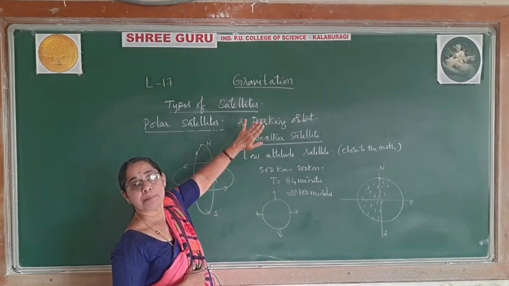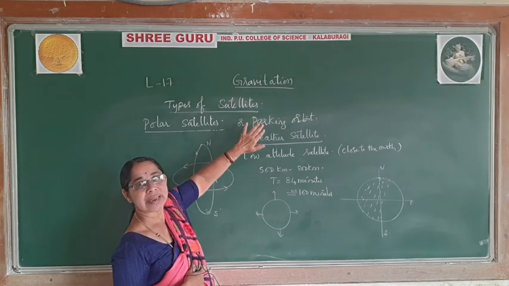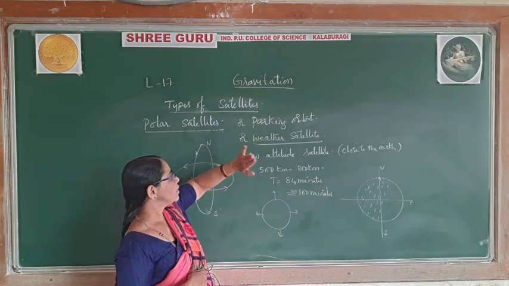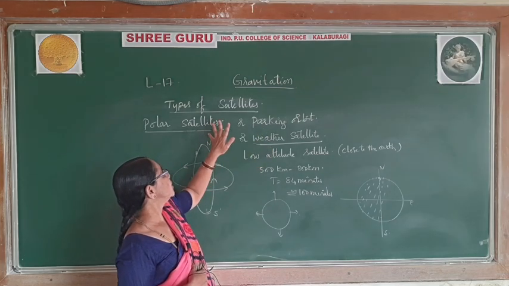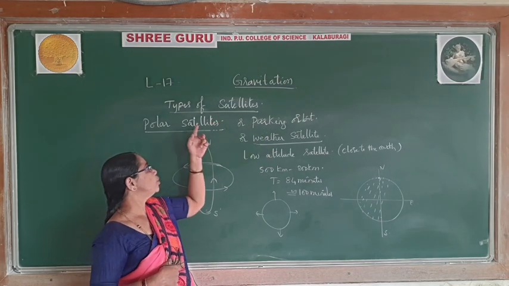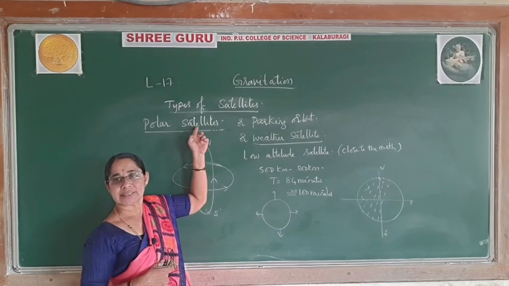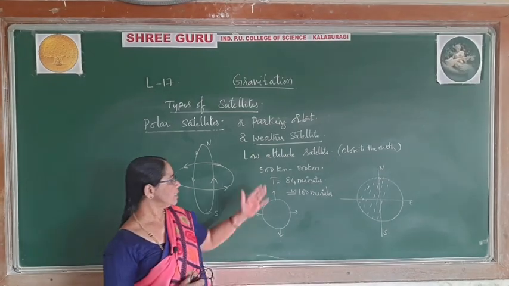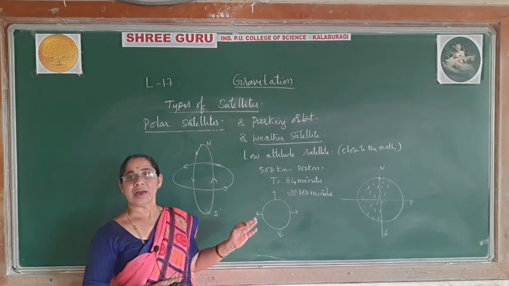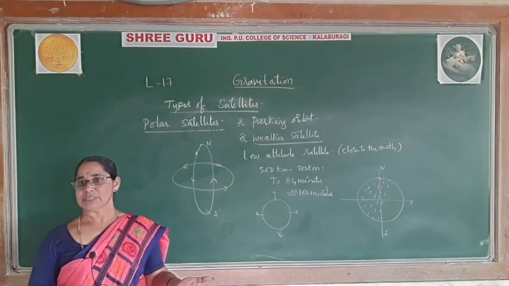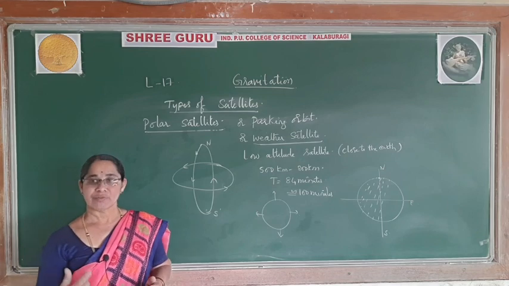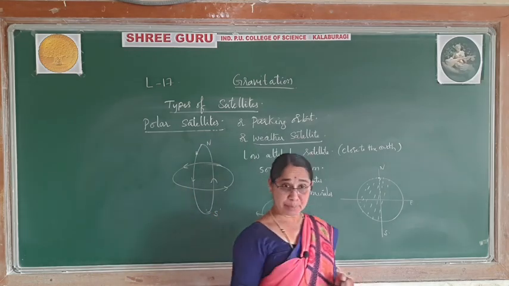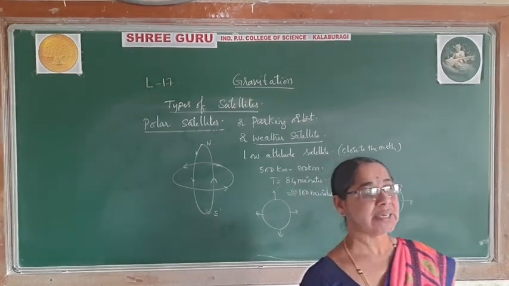So, it can park at different positions and it will take photographs, due to which it is called a parking orbit. And since it is moving around poles to poles, it is called polar satellites. So, this is how you can remember these conditions, and also the advantages compared to geostationary. Most of the weather forecasting, tsunami and uranium deposits, mines, deep forest, surveillance of agriculture, and all these